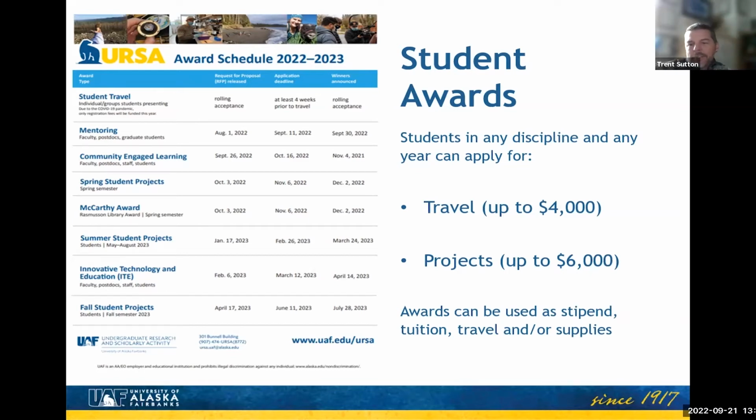I always encourage students to get them in early. It doesn't give you an advantage to get them in early, but what I have noticed is that a lot of times proposals that come in very last minute are often lacking some details that they need. And they're kind of rushed in a lot of ways. So if you take the time to put together a proposal, work with your mentor, give him or her some opportunities to give you some feedback and make revisions to it, you're going to have a much stronger proposal than one that you're basically submitting, maybe minutes before the deadline. And I'll talk more about the proposals here in a second.